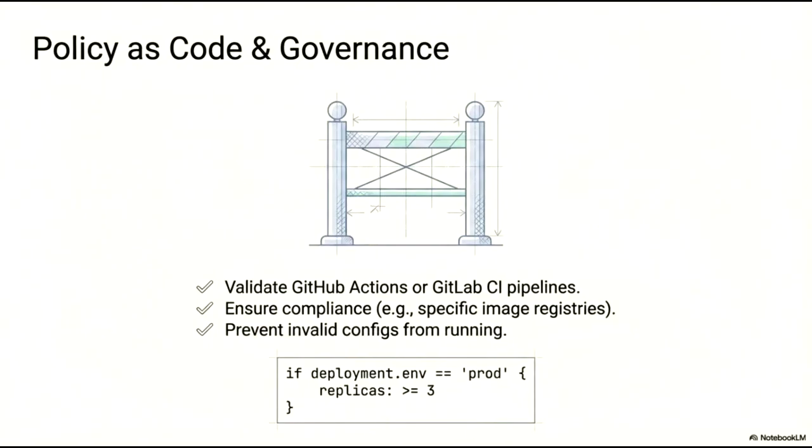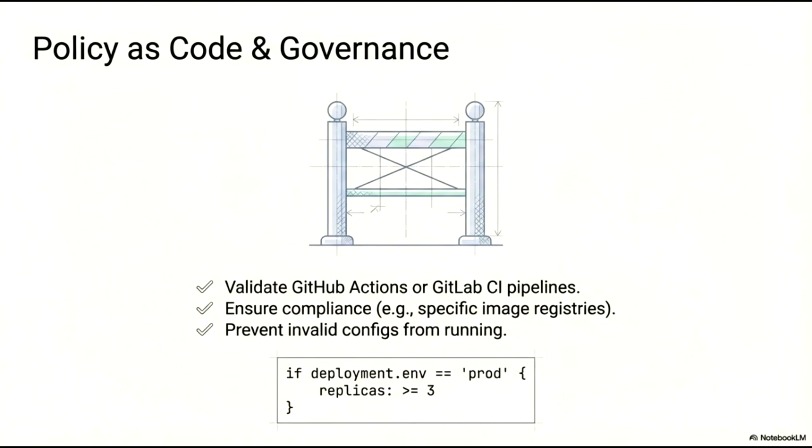Policy as code and governance provides the necessary guardrails to manage our infrastructure and deployment processes automatically. By codifying our rules, we can validate GitHub Actions and GitLab CI pipelines before they are executed. This ensures strict compliance across the board, such as mandating the use of specific trusted image registries and preventing invalid